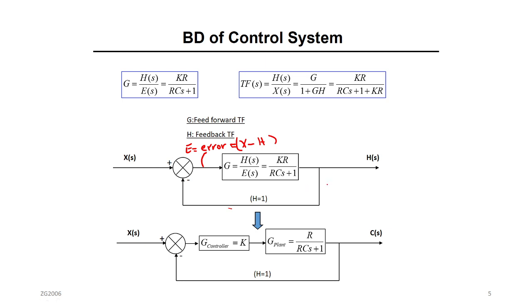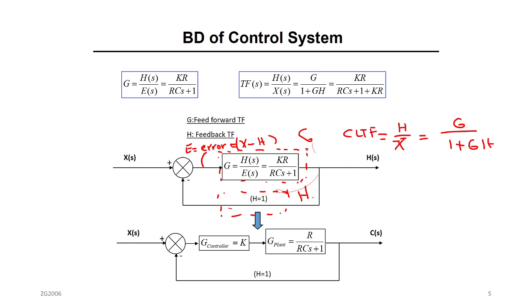Now, how to prove this, if this is correct? You can do the following, okay? H over X, we call this the CLTF. It will be G over 1 plus GH. What is G? Everything on the top here, we call it the feed forward transfer function, G. Everything on the back,